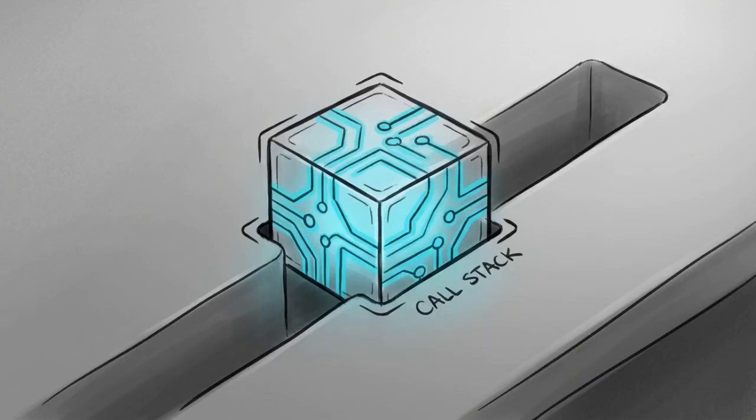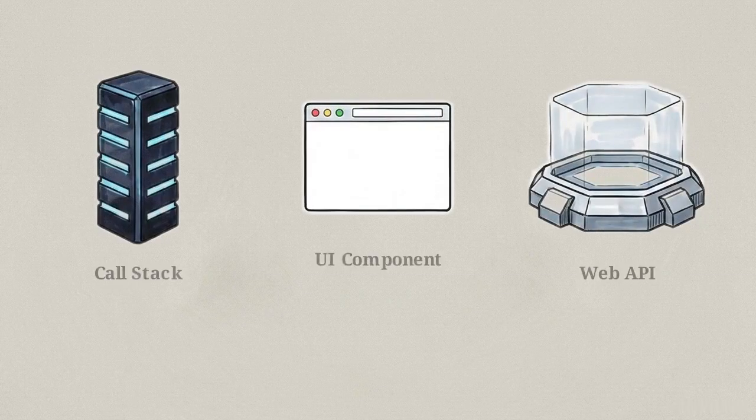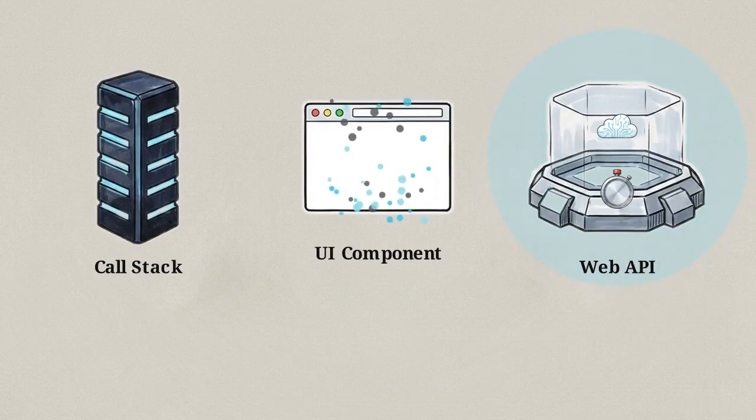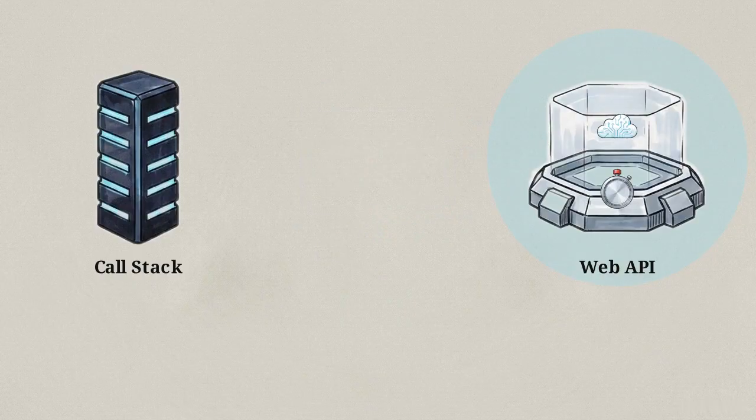JavaScript execution is built on a single-threaded call stack, processing only one function at a time. When you invoke an asynchronous operation, like the fetch function, the engine delegates it to the browser's web APIs. Once delegated, this web API thread operates independently of the main JavaScript thread. When a UI component unmounts, there is no native signal to tell the web API that the task is no